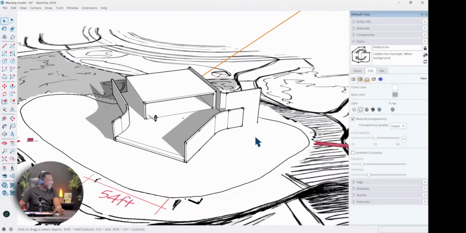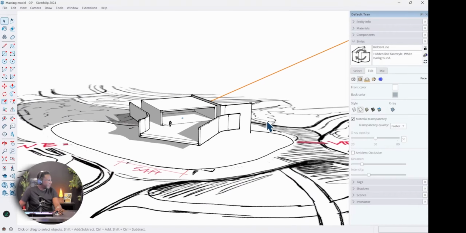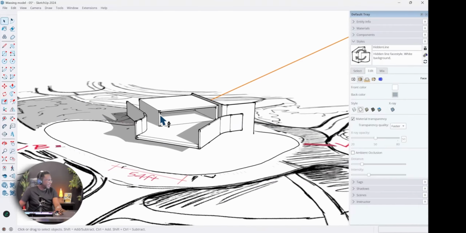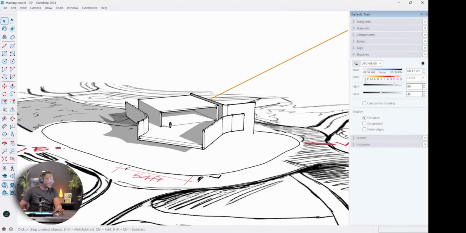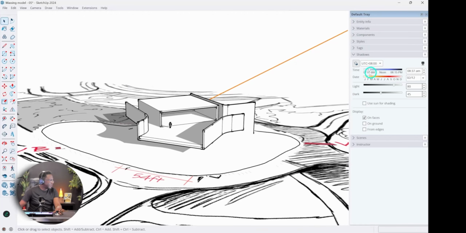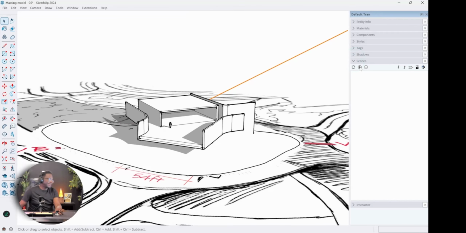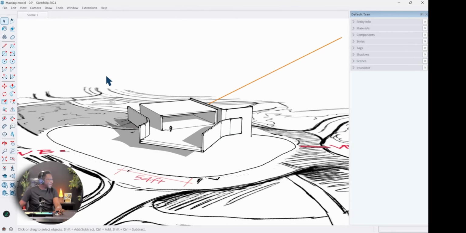Now what I want to do is take an ideal view. So let's say that we want to show a view maybe like this, that can clearly show what's happening with the sun. And let's go back to shadows, and let's go more on the early part of the year, since that's where we are, and we can see if this communicates what we want. So when we have a view like this, all we need to do is save this scene. Under scenes, I'm going to hit the little plus, and we're going to save this as a new style. Choose save. All right, that's it.